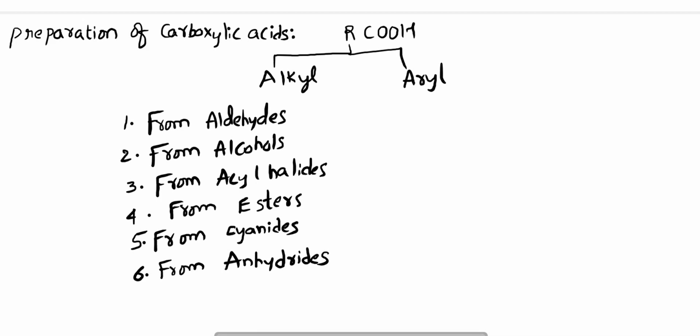The list seems to be lengthy, but the answers are very simple. I can prepare from amides also. So I am taking the different functional groups from which we can prepare carboxylic acids. Almost 7 functional groups I can use, but methods are very simple, very easy ones. When it comes to preparation of aryl carboxylic acids, we can use a few of them also, but the special one we use is